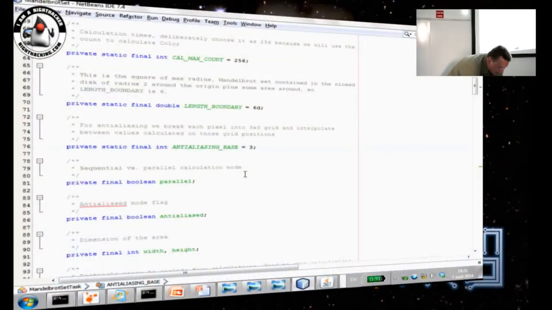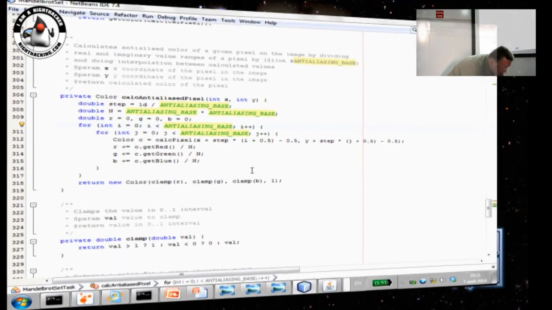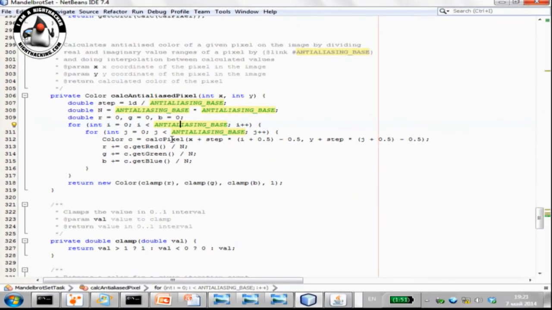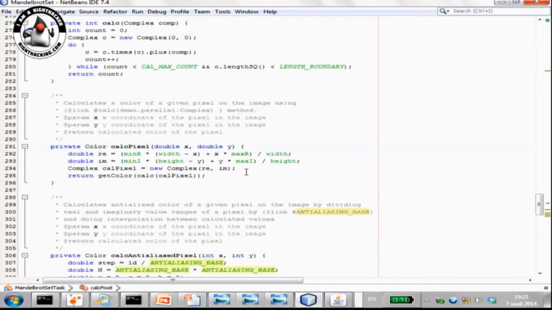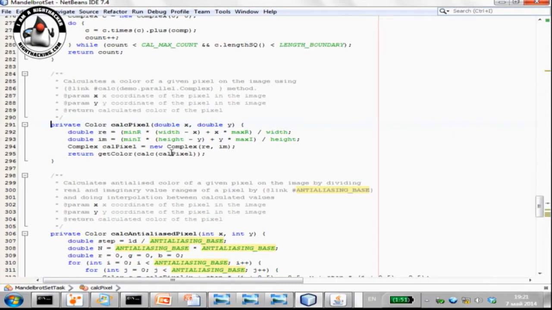It's the calculation that's slow, because it is a really heavy task to calculate. When we execute calc pixel, and in this case it's an anti-aliased pixel, we are doing 9 calculations for each pixel, and each calculation is recursive, and we create a complex value.